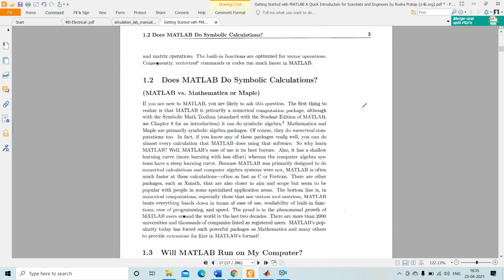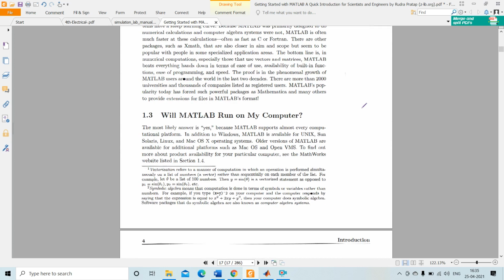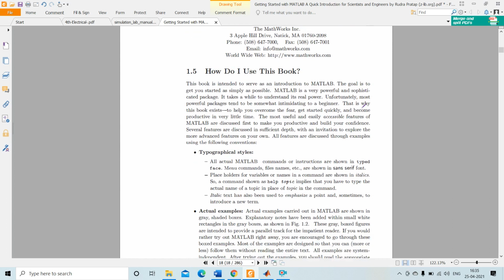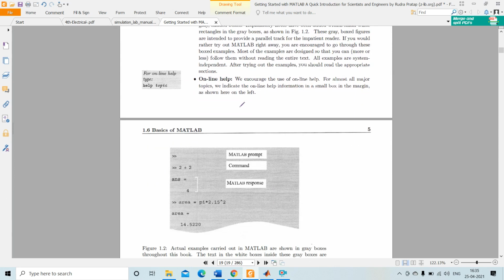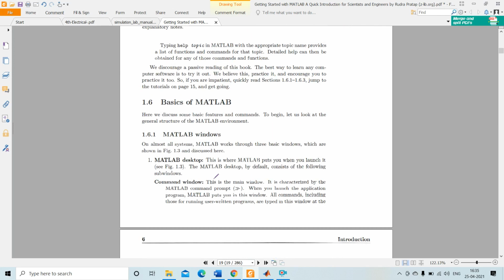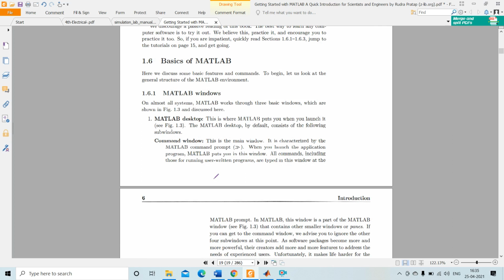These are not necessary now. You just begin with the MATLAB window, where this symbol is the MATLAB prompt. Here we write some command, and like this we get the MATLAB response. So these are the basics of MATLAB.